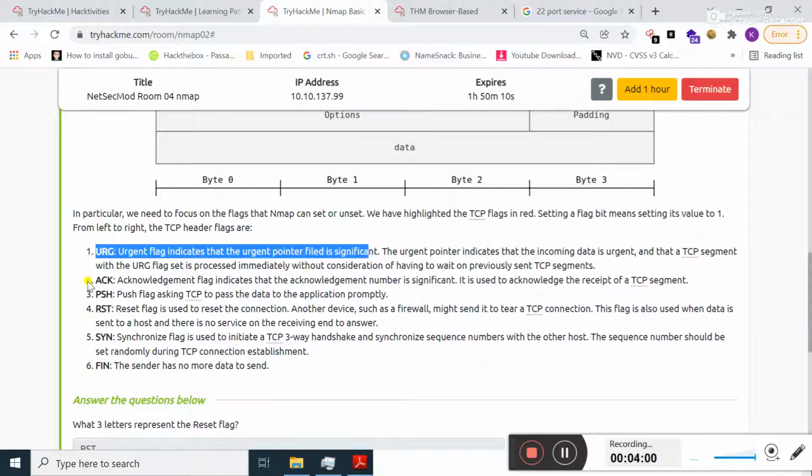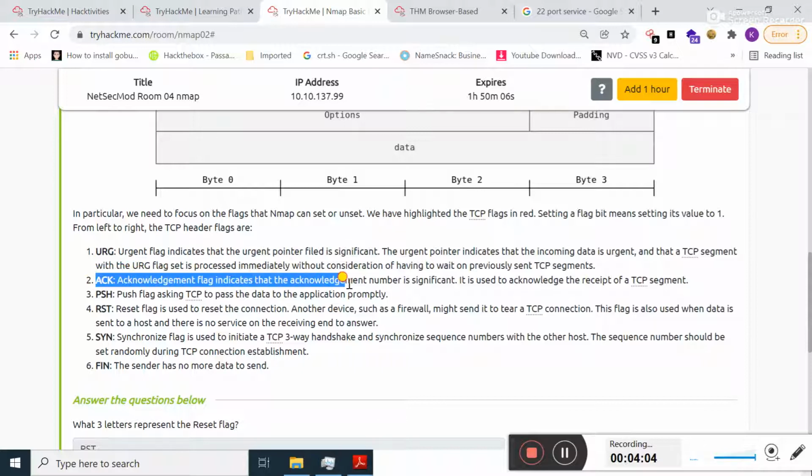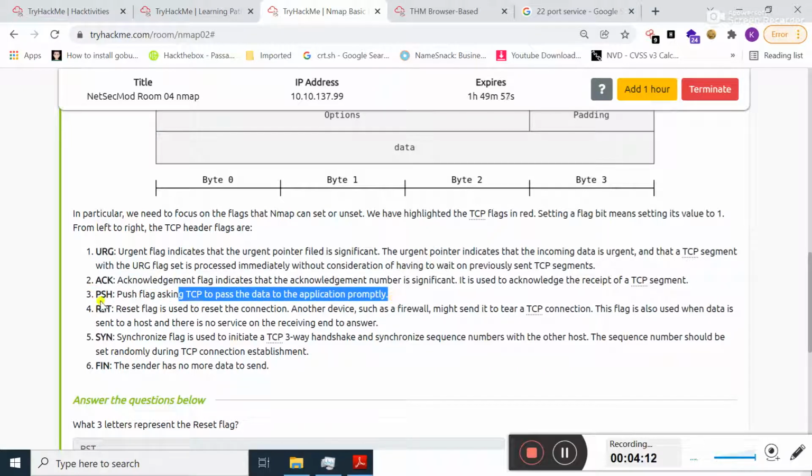The next flag is acknowledgement, which indicates that the packet was delivered successfully. The next is push, which asks TCP to pass the data to the application promptly. The reset flag indicates that if the packet is not received successfully, then the receiver sends a reset packet to the client.